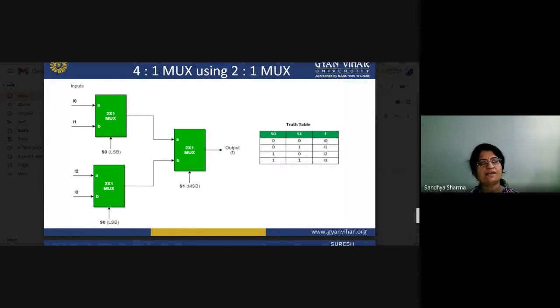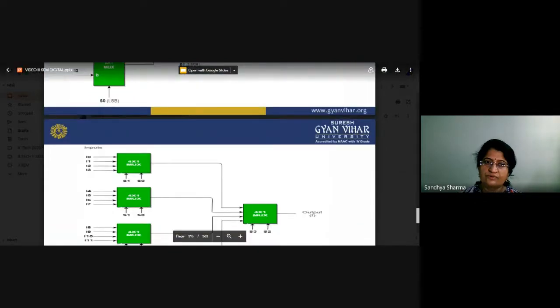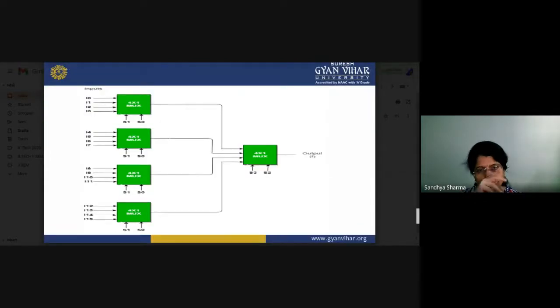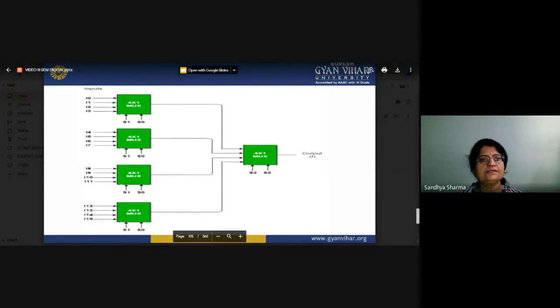For designing a 4 to 1 multiplexer, you require 2 to 1 multiplexers. Now what you have to see, this is a 4 to 1, 4 to 1, 4 to 1, 4 to 1. In this way, you can see that you have 16 inputs and 1 output. How many selector lines do you have?